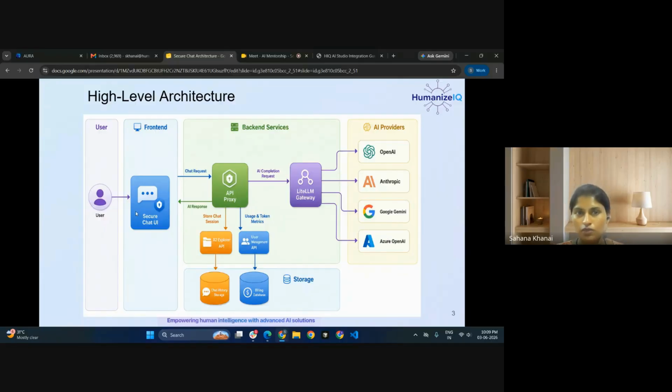And when we choose a specific model, let's say in Secure Chat you have selected the model as ChatGPT latest, then that request will go to the API proxy. In the payload you'll be passing your prompt, whatever questions you are asking. With that, we are going to pass the system prompt. We are not going to pass the entire system prompt, the entire logic will be there.